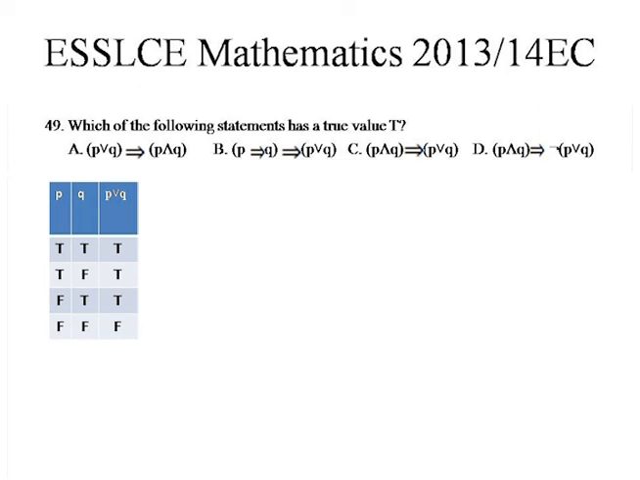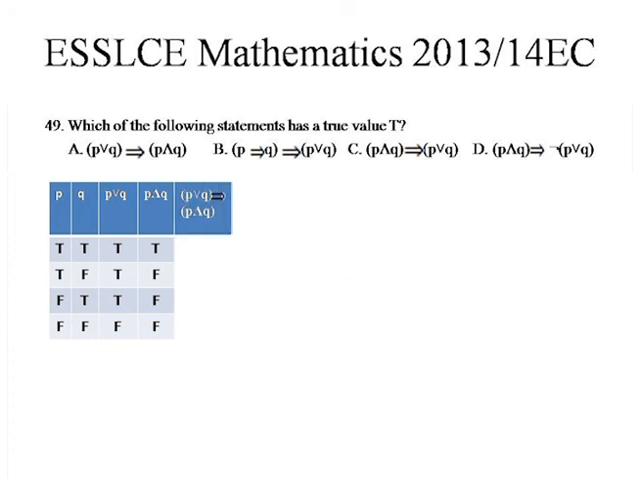So let's find the second term of choice A, that is P and Q, or the conjunction. P and Q is true only when both of them are true, otherwise it's false. So true and true is true, true and false is false, false and true is false, false and false is false. P or Q implies